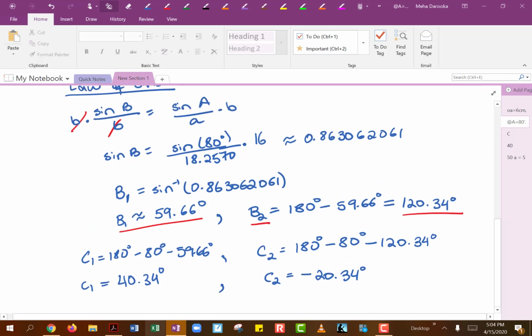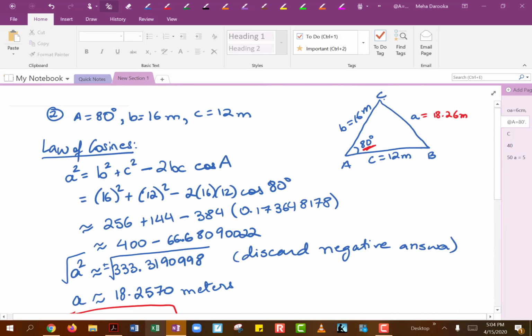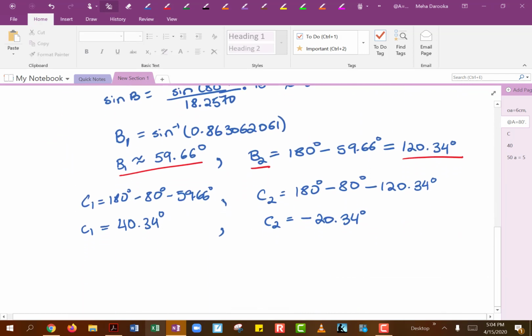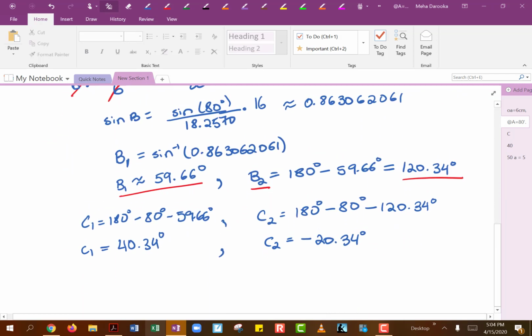And additionally, remember what I said, since side A was the largest side, angle A has to be the largest angle, which means our angles B and C cannot be larger than 80 degrees. So that right here should have told you that this value we cannot use because this is larger than 80 degrees, it's bigger than angle A, and it's not going to work. So you can see again, C2 is not going to work for us either because that's a negative angle, which means we will be using